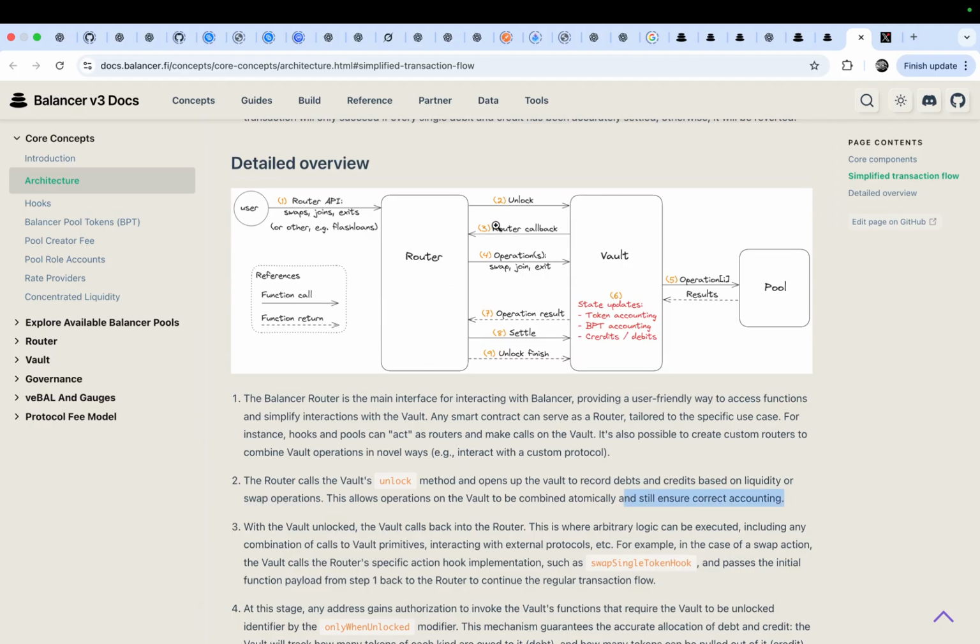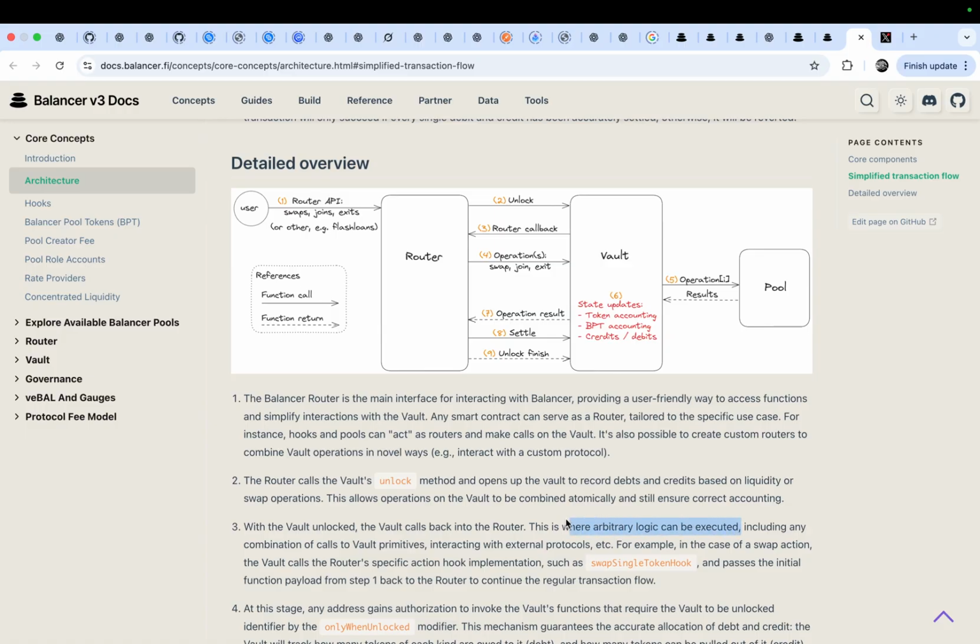So if you use the unlock method, you can add or remove some liquidities. When the vault is unlocked, the vault calls back into the router. This means the vault will tell the router you can conduct some other operations. This is where arbitrary logic can be executed.